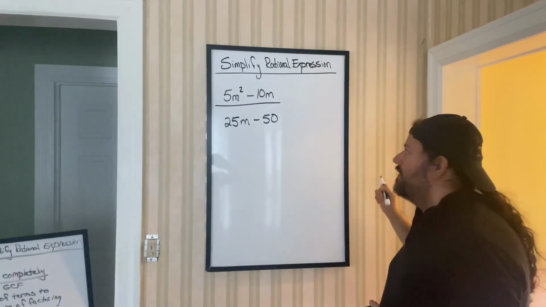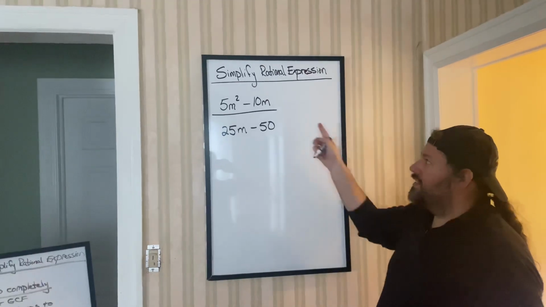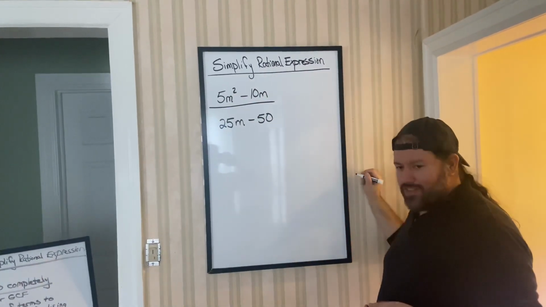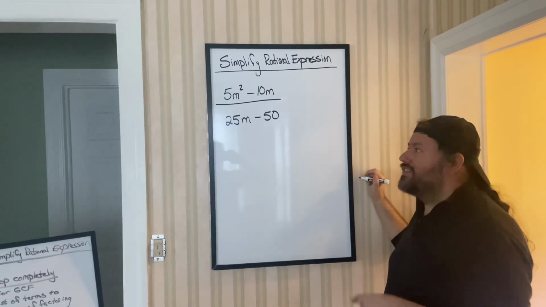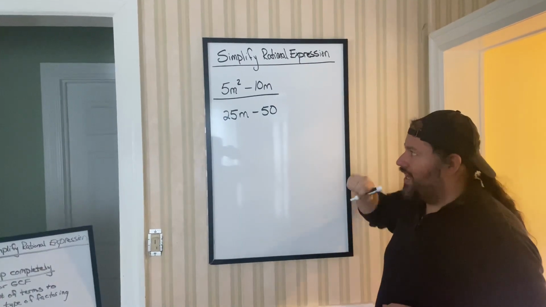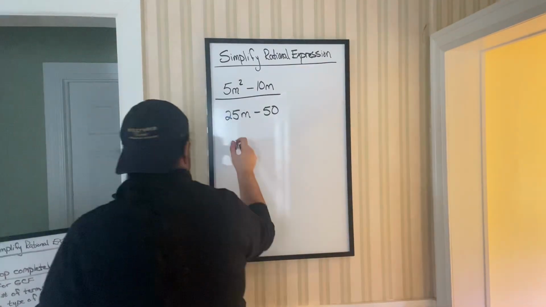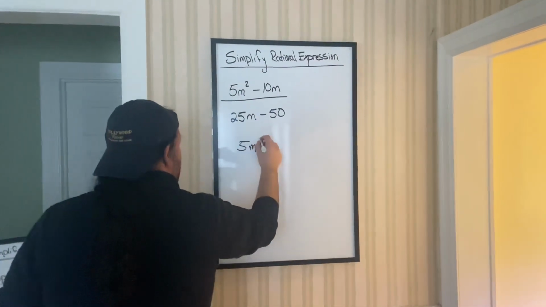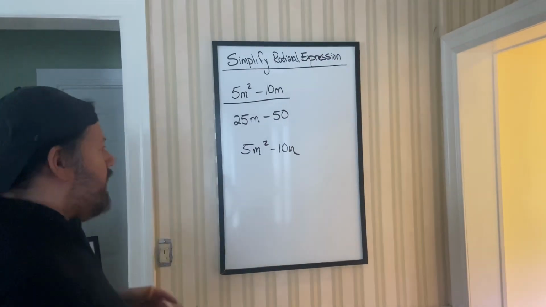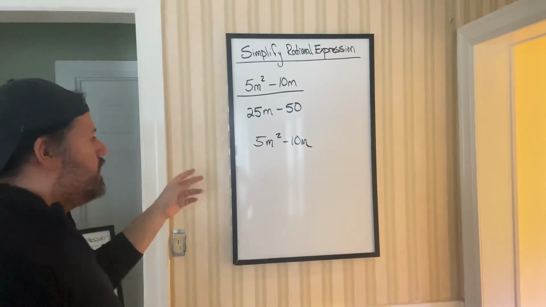So at the very top, remember, it says simplify the rational expression. For me to simplify, notice that there are no multiplication symbols here. So what I need to do is create multiplication symbols, and the only way to create them is factoring. So we're going to factor out the top and then factor out the bottom. The top is 5m squared minus 10m. To factor that out, we notice it's two terms, but before we do two terms, we're going to see